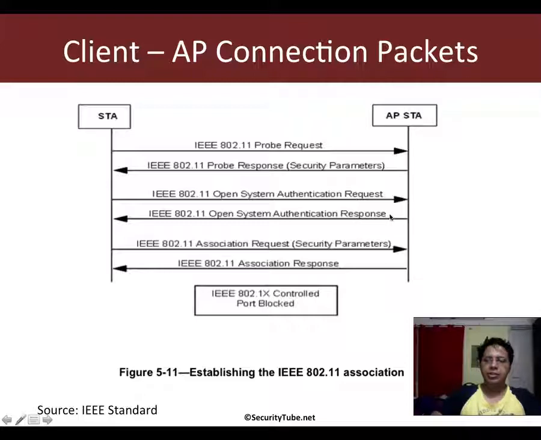The access point responds to that typically with a success if there is open authentication. Later we will see for shared key authentication, it responds back with a challenge. Anyway, let's keep it simple now. Auth request, auth response. Then the client sends out an association request. The access point replies back with an association response. Post that, data transfer happens. Now, other cases which we will look at later, we'll talk about 802.1X as well, but let's not worry about it for the time being.